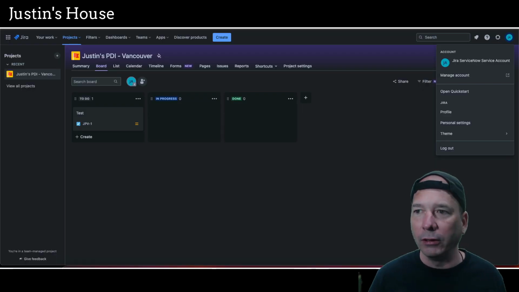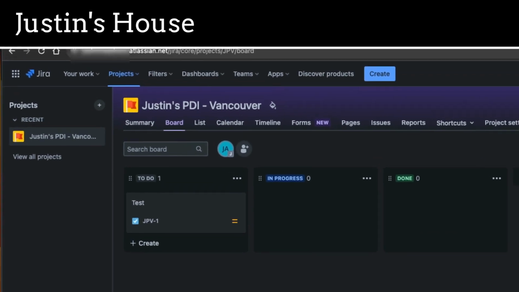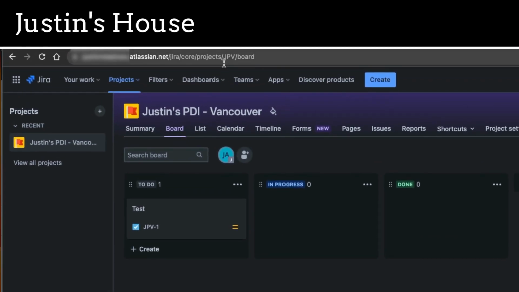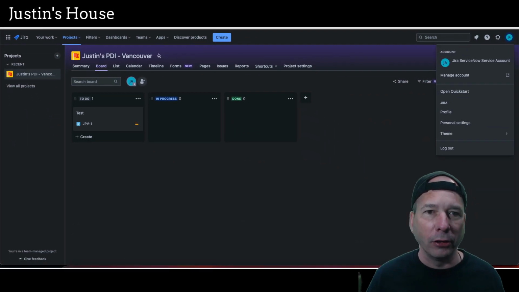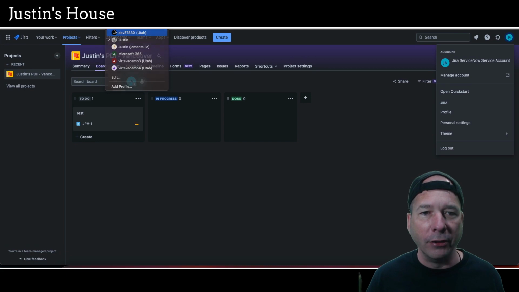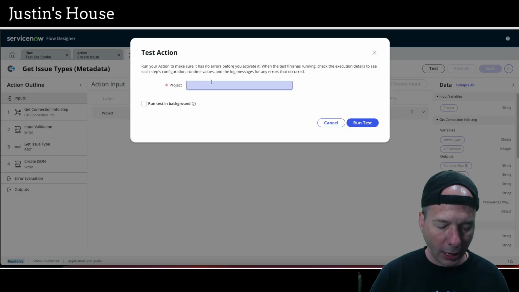You can't see it. Let me just bring the window down here just a bit. The key is in the URL. JPV, or Justin's PDI Vancouver, is the key for my project. So I'm going to use JPV back in my Vancouver instance, and I'm going to type in JPV for the